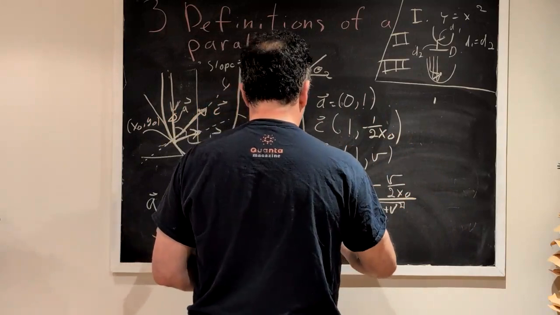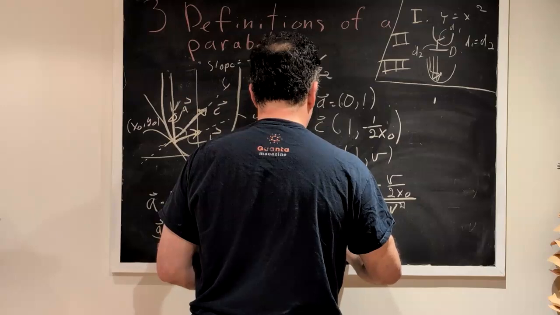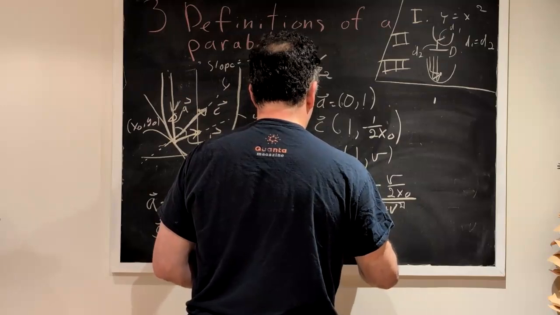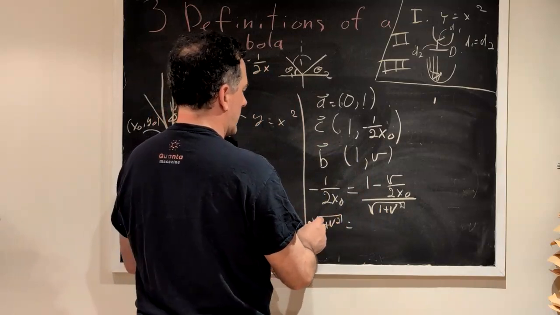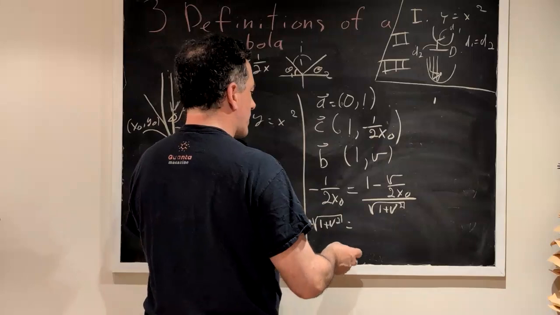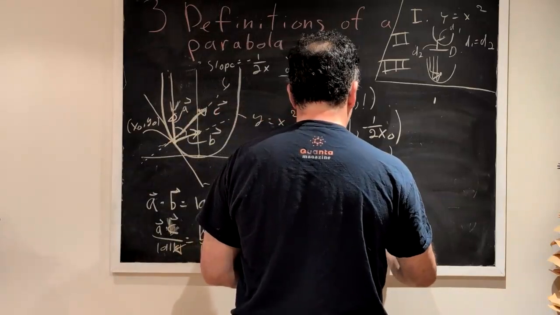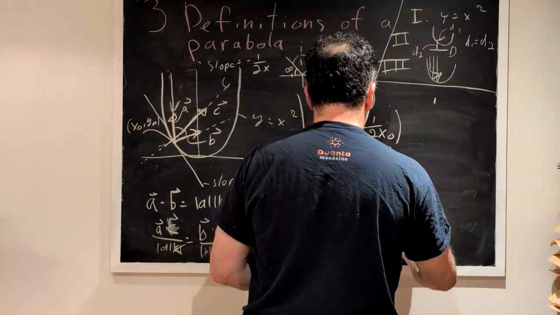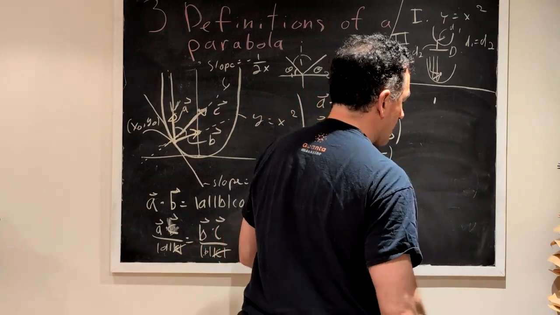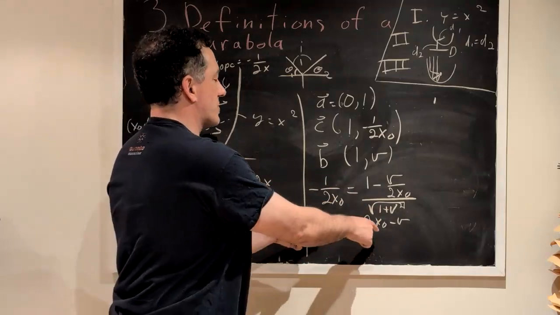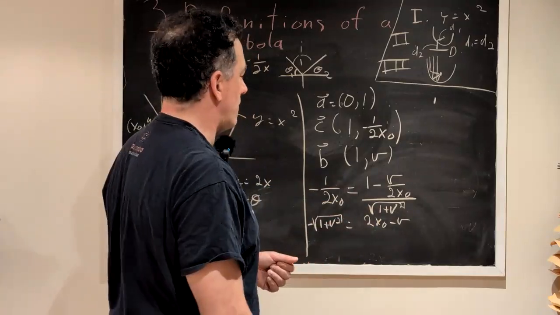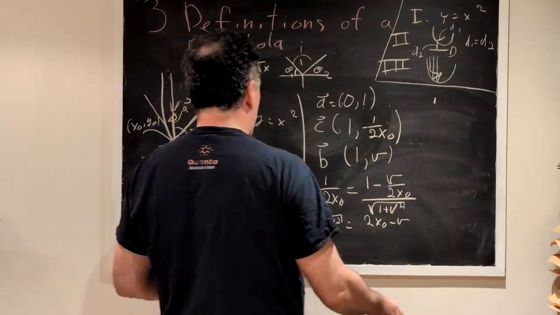we will get the square root of 1 plus v squared equals, well, we can keep the minus sign here, 2x0 minus v. And now we can square both sides, because if these two things are equal, then their squares are definitely equal. And we will get